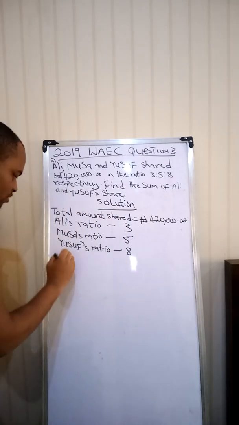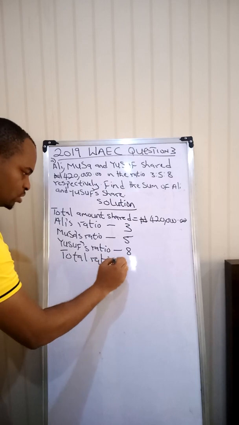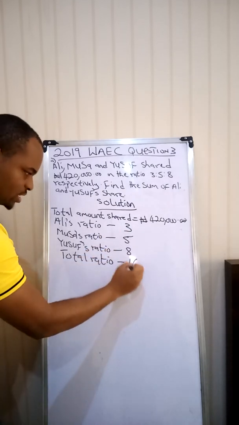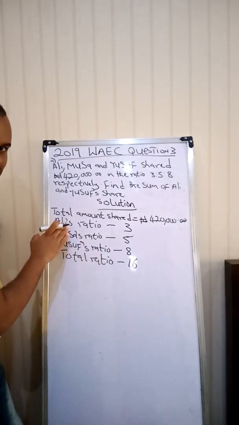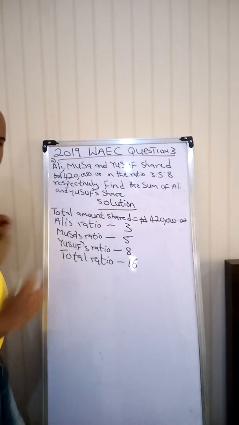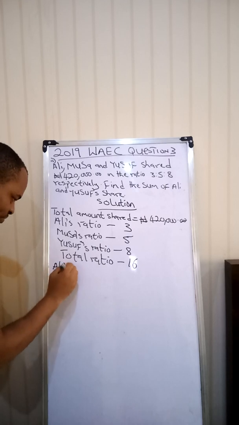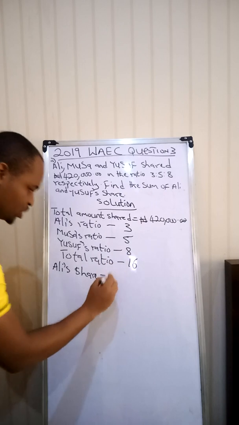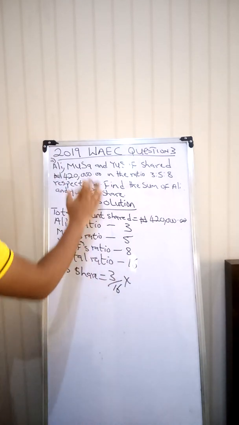Now let's get the total ratio. Total ratio is 3 plus 5 is 8, 8 plus 8 is 16. Now we are getting total ratio because we'll be dividing. To get each person's share, you divide his ratio over the total ratio, multiplied by the total amount shared. So Ali's share will be equal to Ali's ratio 3 over 16 multiplied by the total amount shared,